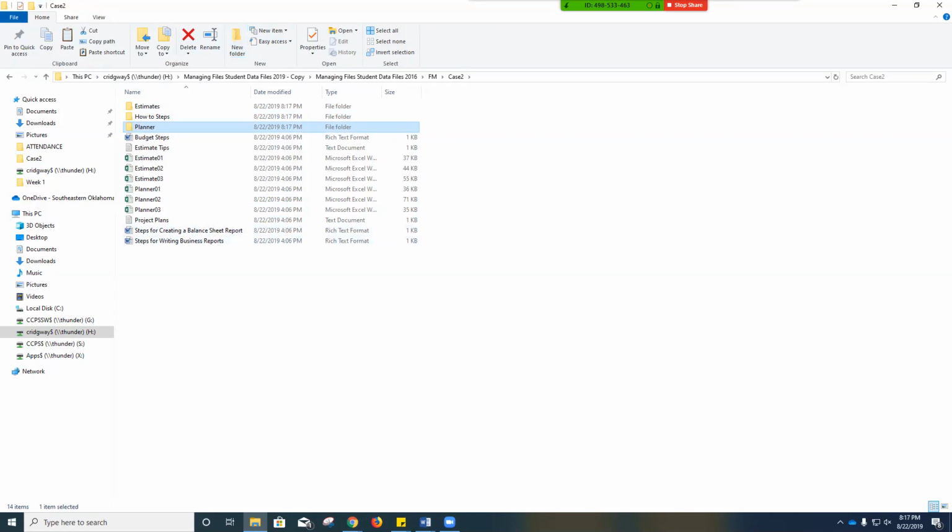Okay, so now I have 3 folders that I've created, and you may have something different, and that is fine. Now, let's see here, step 5. Move the files in the Case 2 folder to the subfolders you created. And when you finish, the Case 2 folder should contain at least 2 subfolders containing files. Okay, so what we need to do is I'm going to move